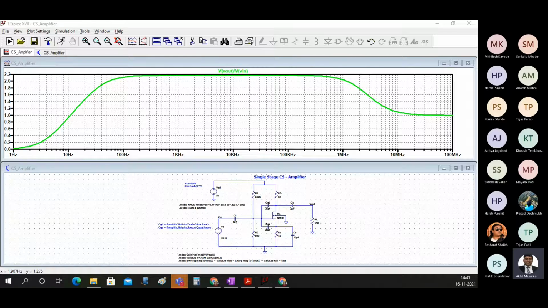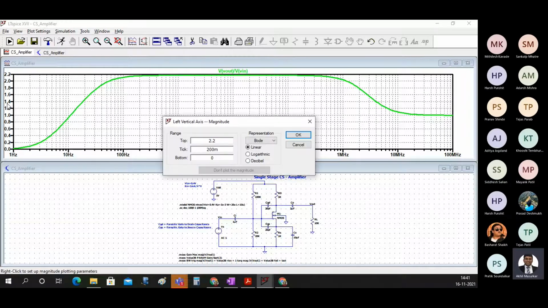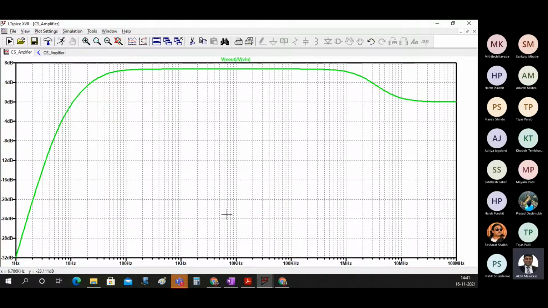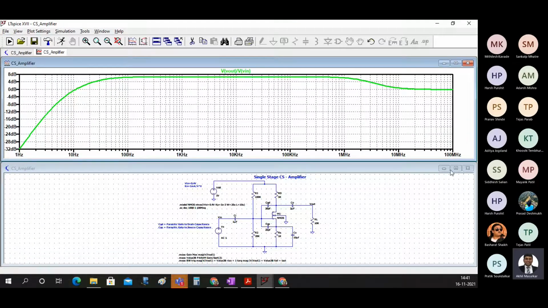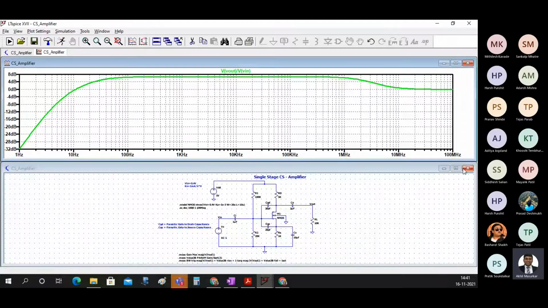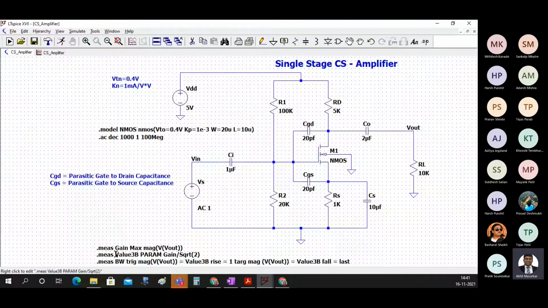Now, let me change back my axis again to dB. So you also do this. Again go back to the dB axis. Fine. Now I want an automated way. Who will go and check again like this with the help of the cursor? We cannot just search for it like that. So we have to have a command for that also, and for that we have a command here.